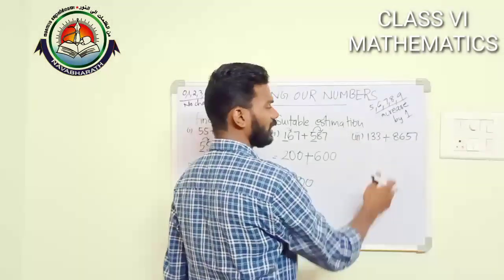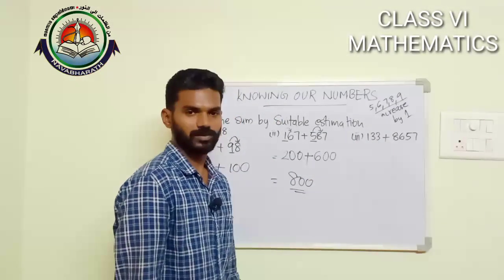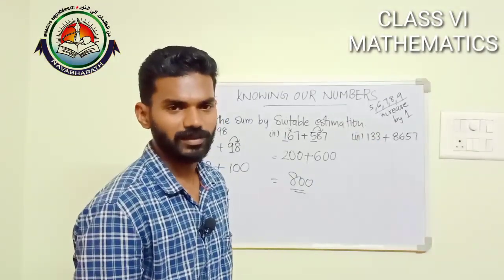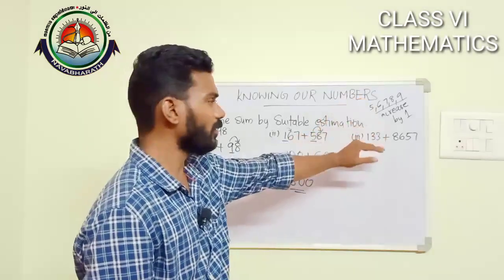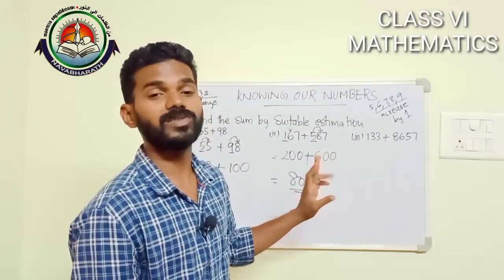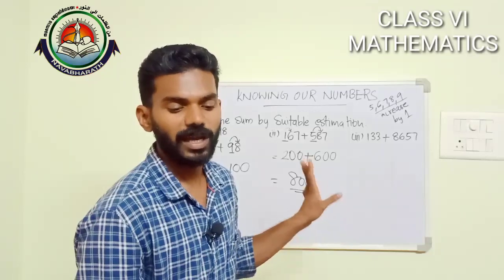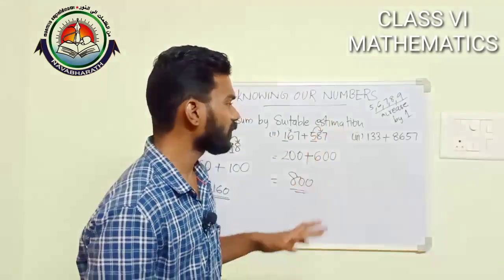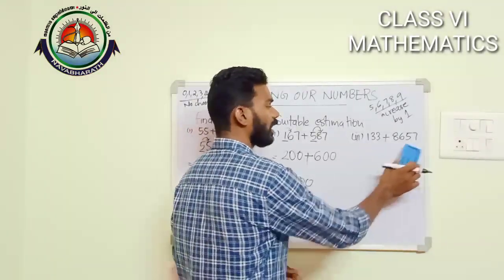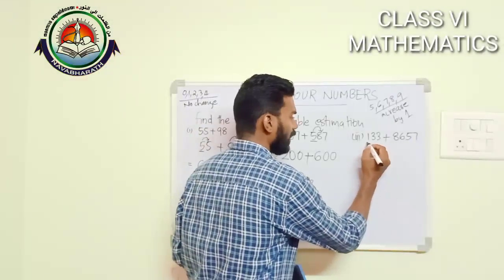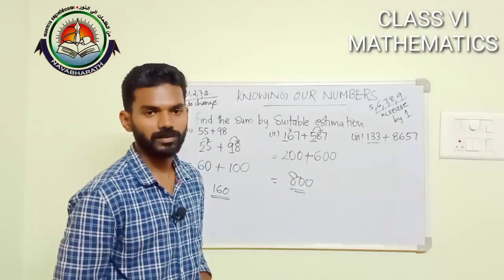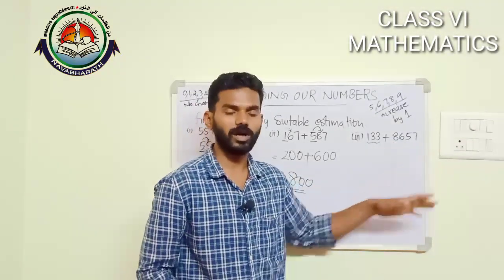Now just do this. For doing this, listen carefully. For doing this calculation easily, you have to replace these numbers by doing some rounding off. Clear? And how can you do the rounding off here? Here also we can round off to the nearest 100. Because this is a number which belongs to hundreds. And this is belonging to thousands.